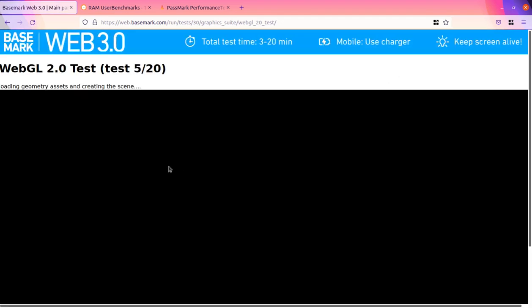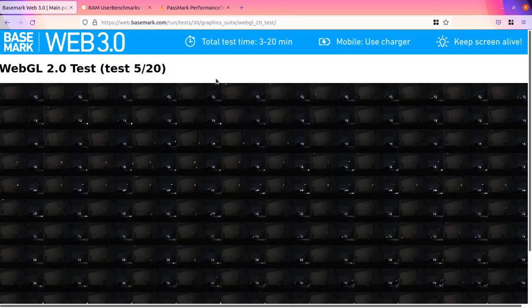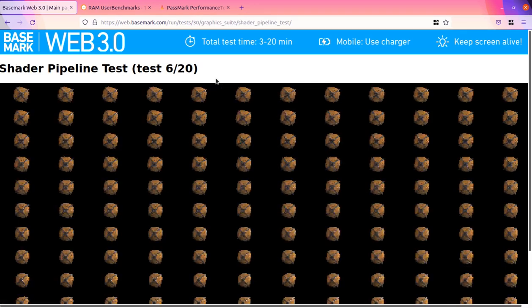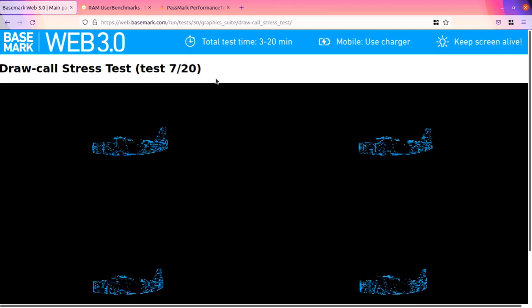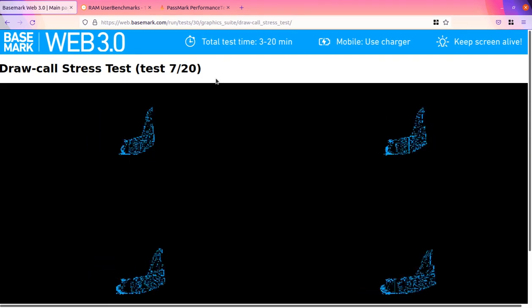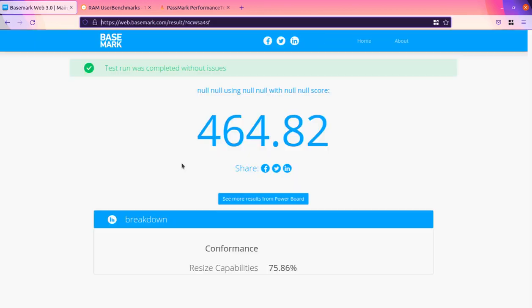There are tests like 4 tests already completed, and now it is running the 5th. Every result is being collected, and the tests are going on, and we have to wait until it finishes.